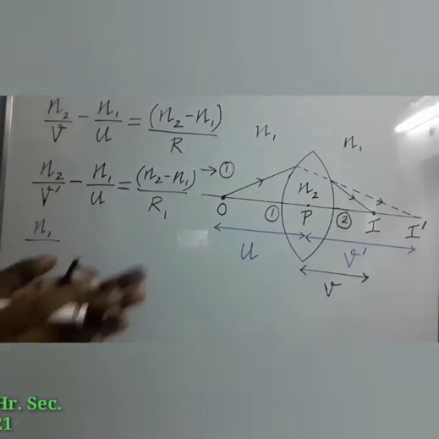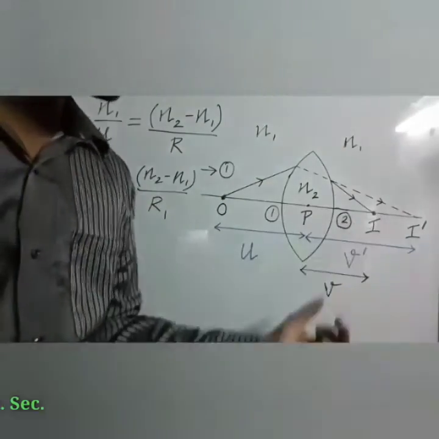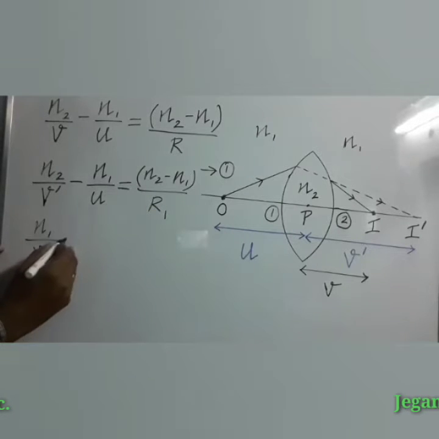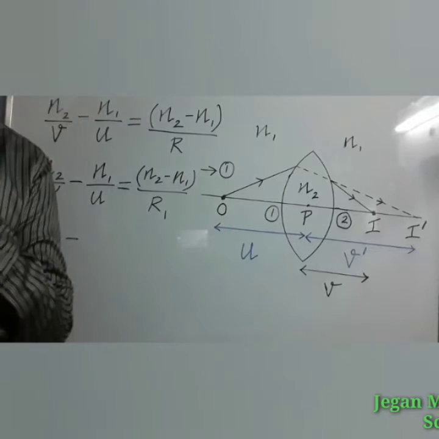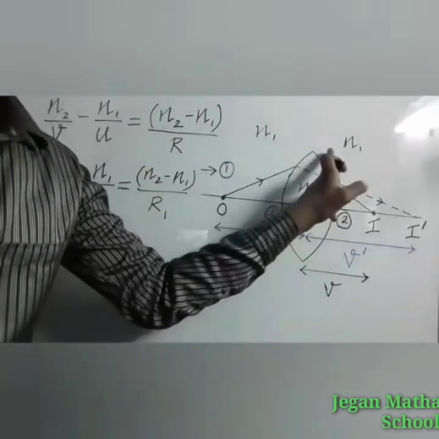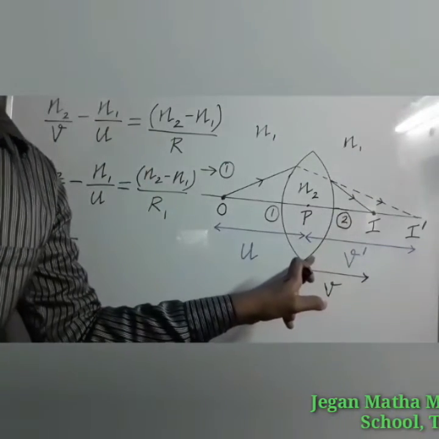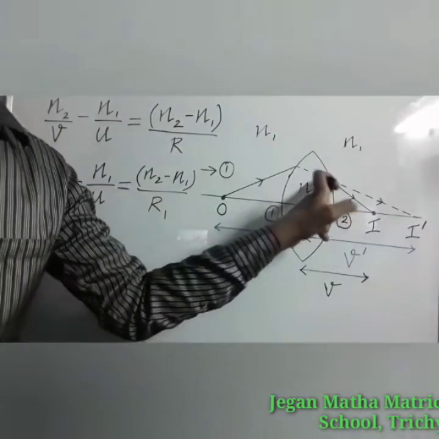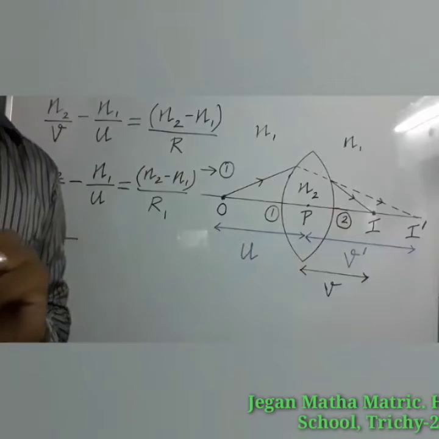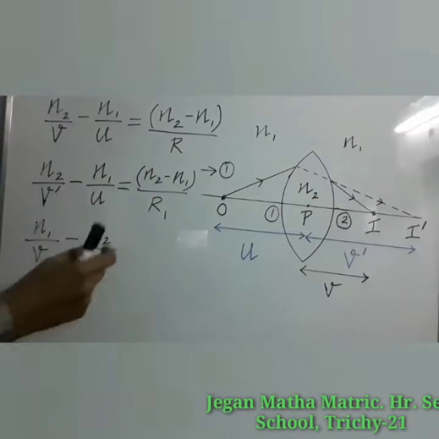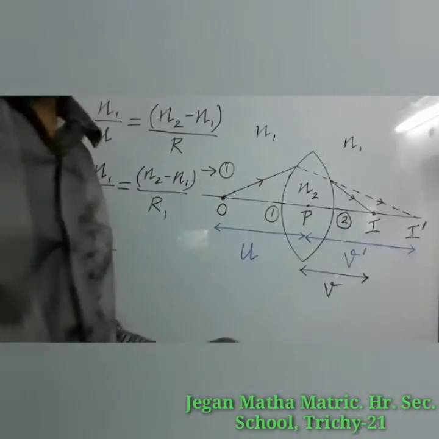B is a general thing, the distance between the pole and the image. The same B can be substituted. B minus, as per the equation, N1 is the refractive index of the first medium. For the second spherical surface, N2, light travels from N2. So N2 is the first medium, and here we can change N2. Here more concentration is needed.